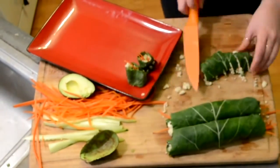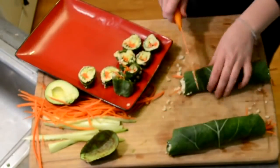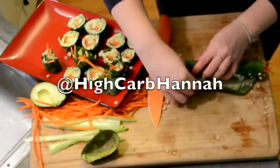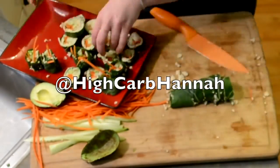So then when you go to cut them, you can basically just cut them like you would cut a normal nori roll and arrange them on a plate